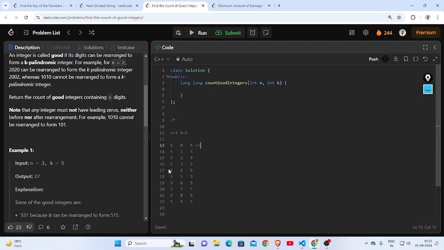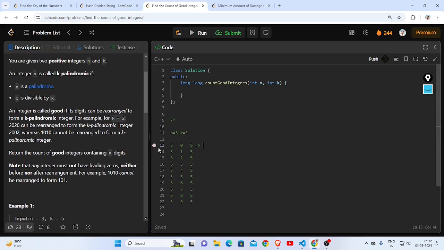So this will generate how many arrangements. It is mentioned that we are asked to not have leading zeros, so this is not a possible arrangement, but 550 is a possible arrangement. Let me write it closer. Plus another arrangement is 505. That's it. This is going to create